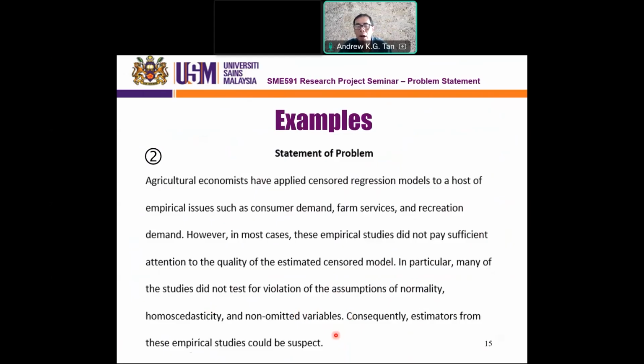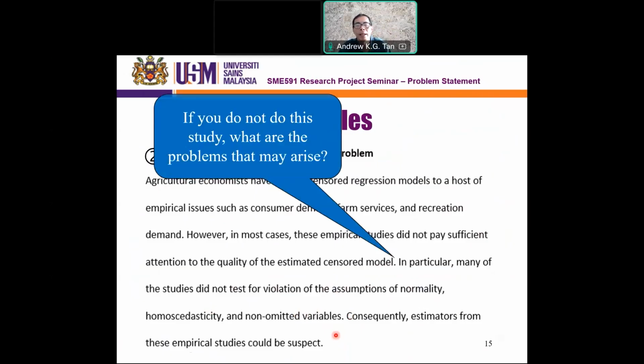This is a statement of the problem. If you do not do this study, what are the problems that may arise? Many of these studies did not test for violation of assumptions of normality. Consequently, estimators from these empirical studies could be suspect. This is a good problem statement. That is how long? 1, 2, 3, 4, 5, 7 lines of problem statement. Short and sweet